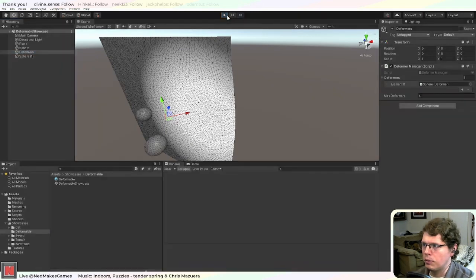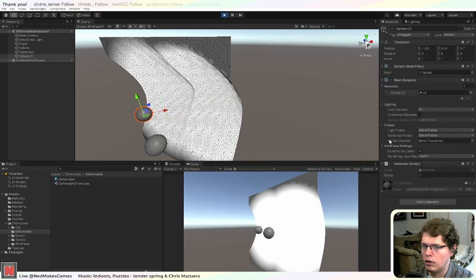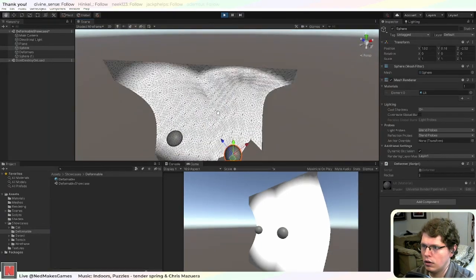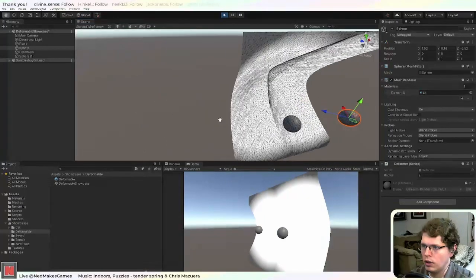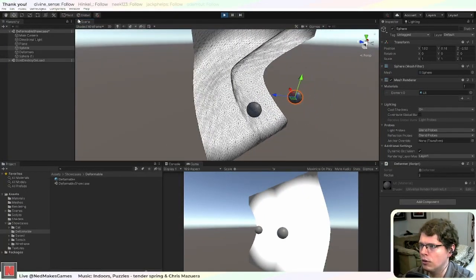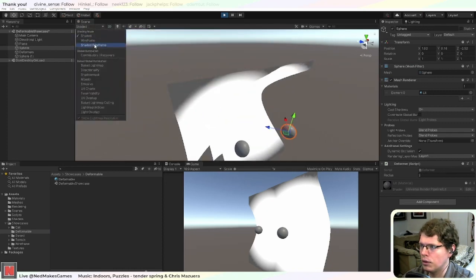Oh, it is the C# script because I have to add the new deformer here. It doesn't automatically get them all. Okay, there we go. Okay, it was right. Is this the wireframe shader? I think it sometimes draws through. If I turn it, well, that doesn't really look very good either, but